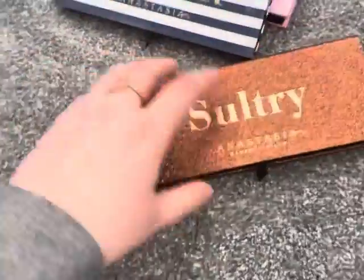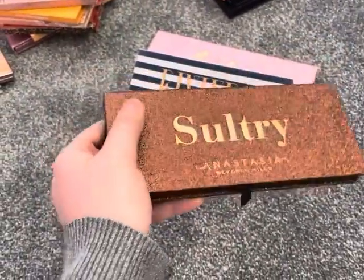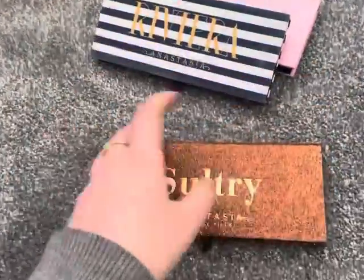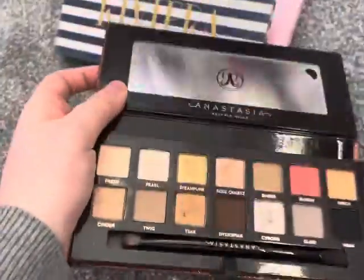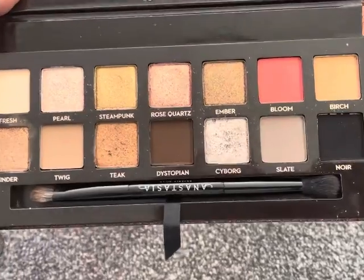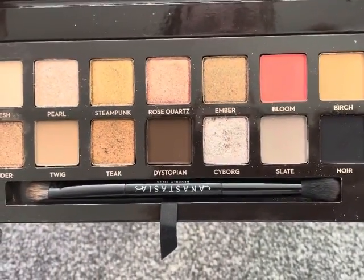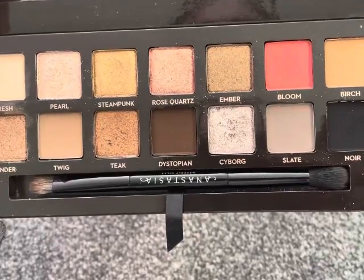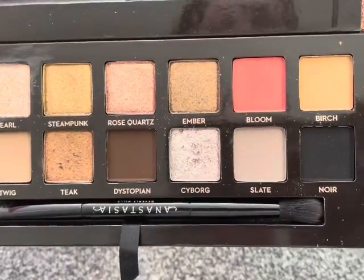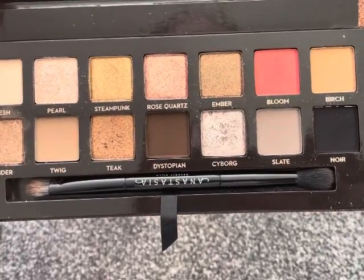And then we have the Sultry, which is probably my favorite packaging because I just think it's absolutely gorgeous, like this rose gold glitter. But it is probably my least favorite color story. I don't reach for it. It's very cool toned. I absolutely love the shade Cyborg, that silver glitter there. But it just doesn't really call to me. It just looks quite dull, and obviously you've only got the one pop of color. It's just very cool toned. I don't really feel like there's a lot of